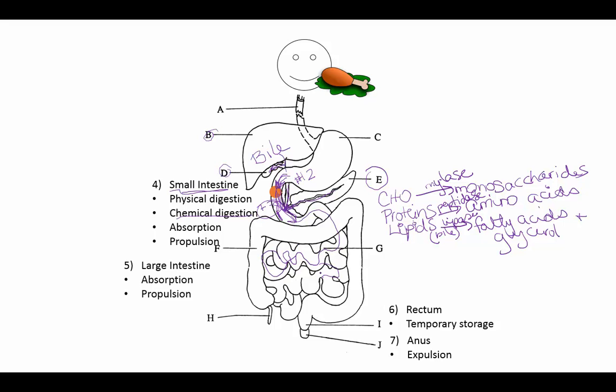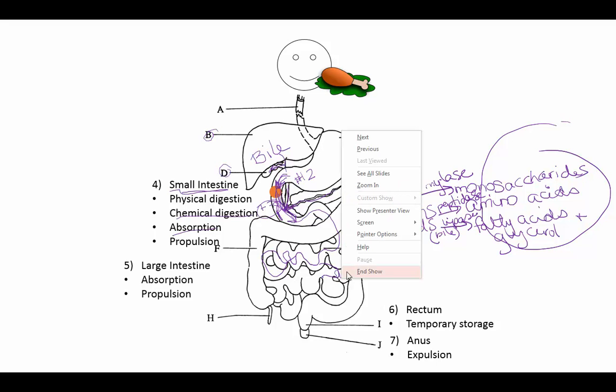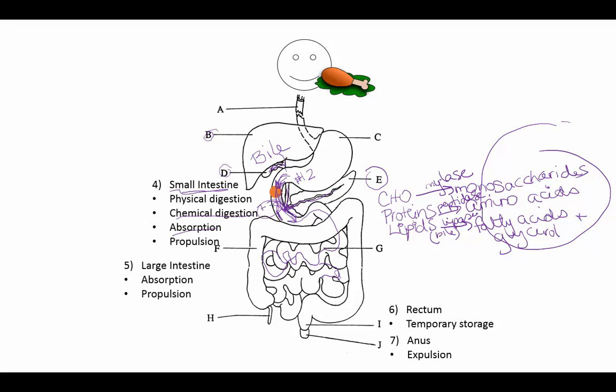The small intestine structure allows absorption to occur. So all of these subunits are going to be absorbed in the remainder of the small intestine. The structure aids this because there are tiny finger-like projections called villi that are lining the intestines. Additionally, those villi have tiny villi, microvilli on them. All of that allows for the movement, which is propulsion, and more mixing, physical digestion, which allows absorption to occur,